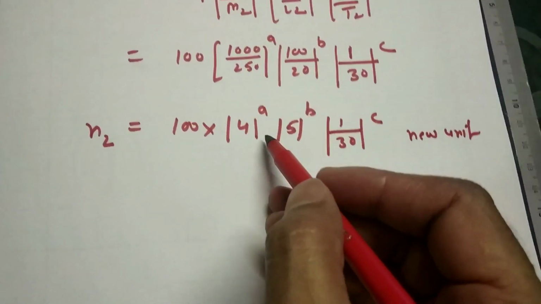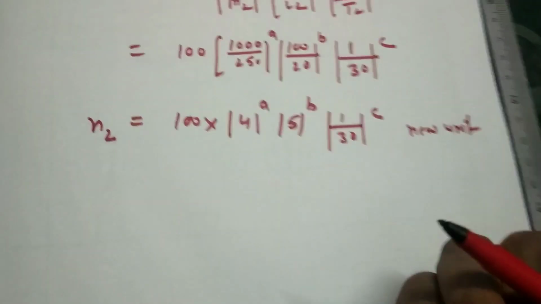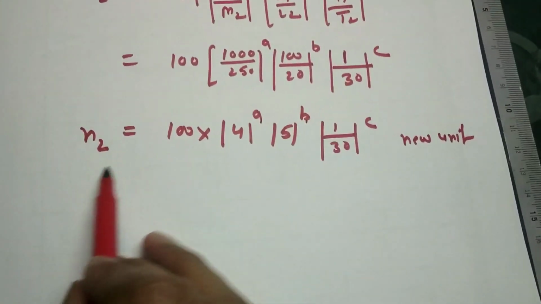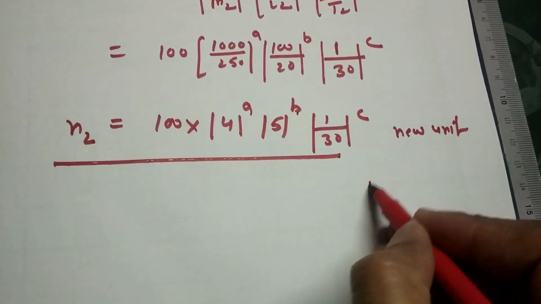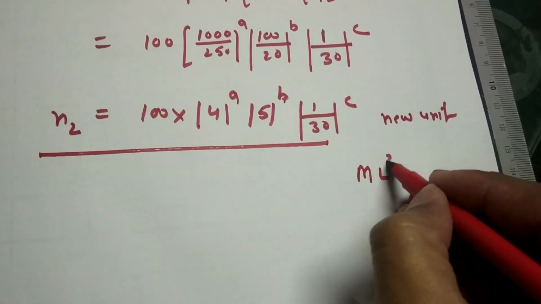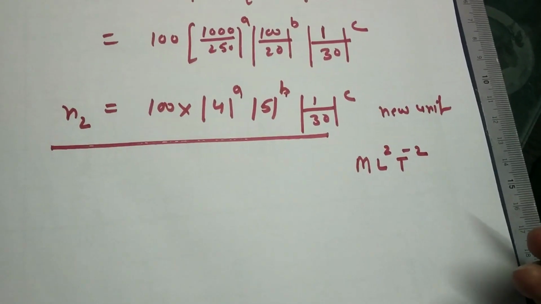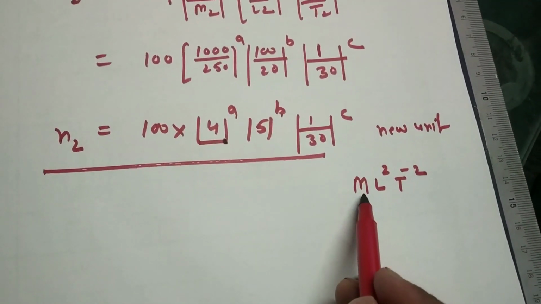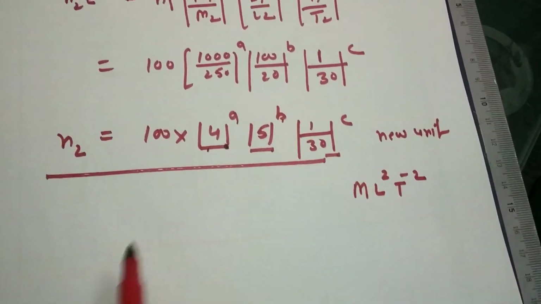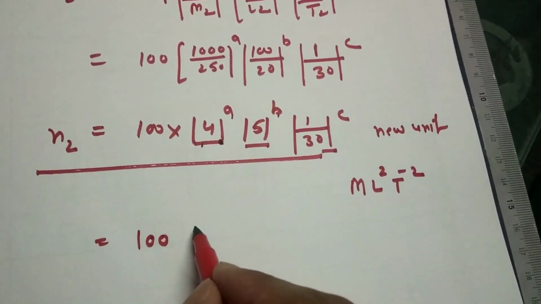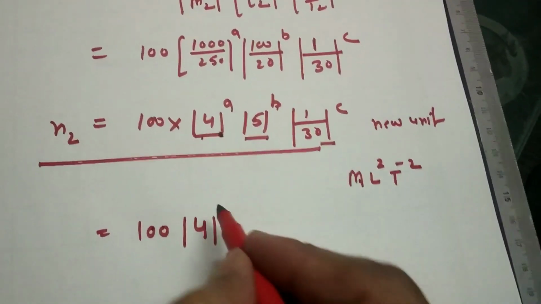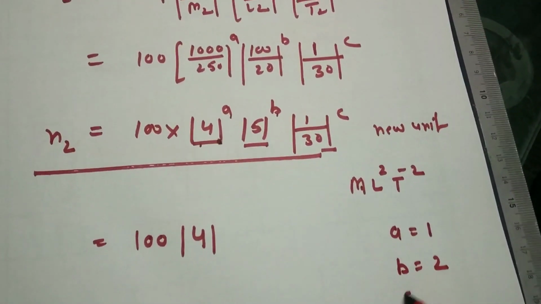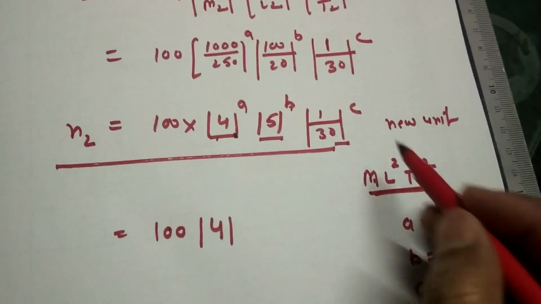Now we are converting joule. Joule is the unit of work, so we will compare the dimensions of work with this formula. The work dimension formula, we know, is M L squared T to the minus 2. Here the powers are denoted by a, b, c, where M is mass, L is length, T is time. Then the power of M is 1. It means a is 1, b equals 2, and c equals minus 2.